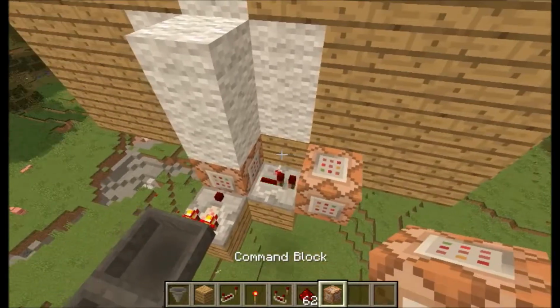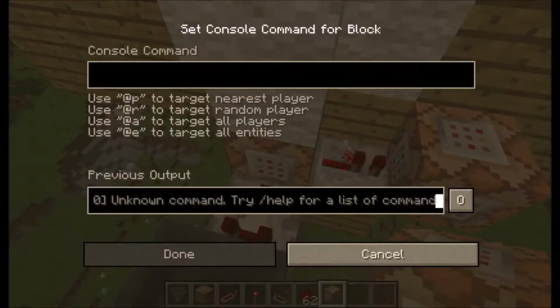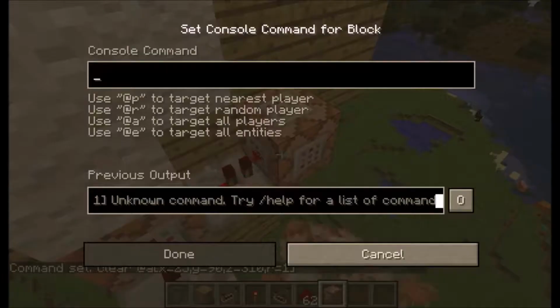Another command block. So in this command block, going to have a clear command with the coordinates being inside the leave box. So inside there. And then